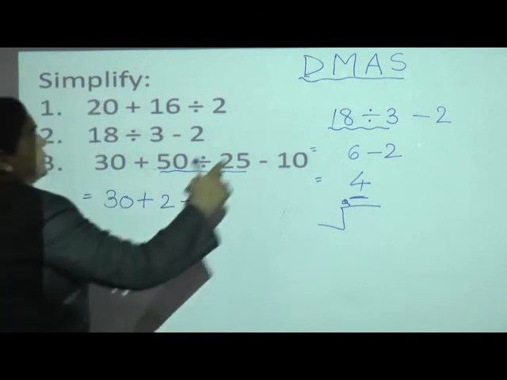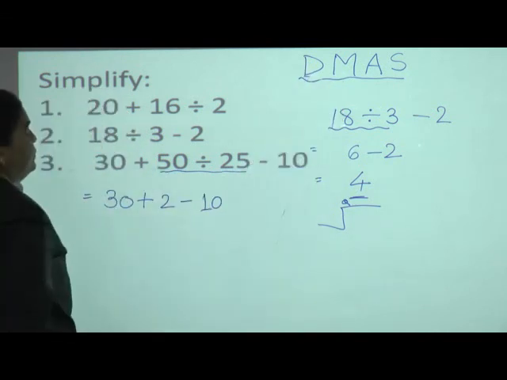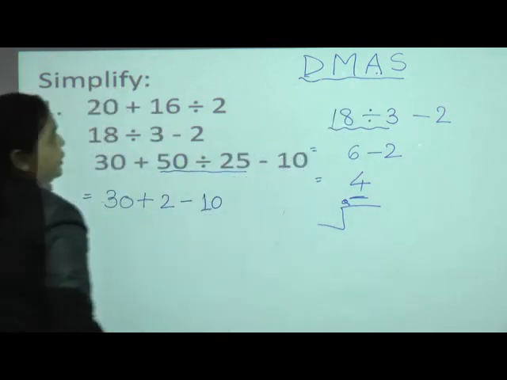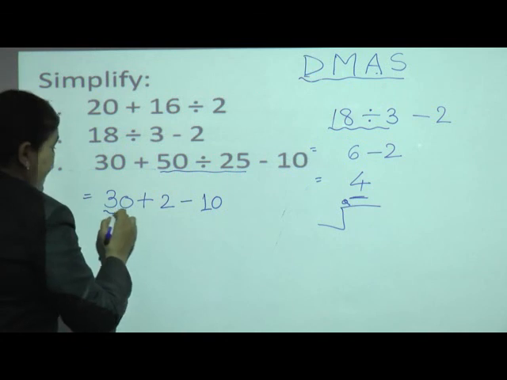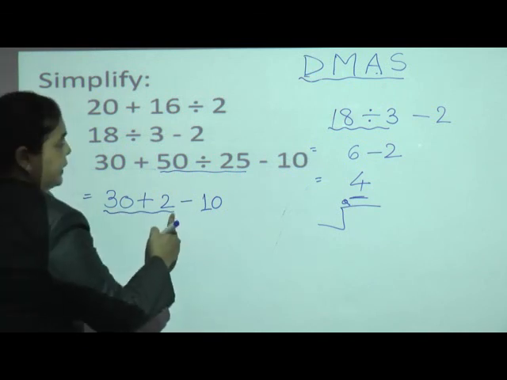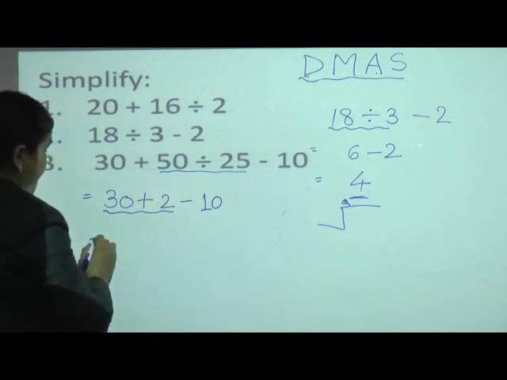Now after this division we are having multiplication. Do we have multiplication here? No, we are not having multiplication. Then we have to go for the next operation, that is addition. I am having addition here, so I have to add this together. You can underline in this way, zigzag way, so it will be easier to understand while solving.